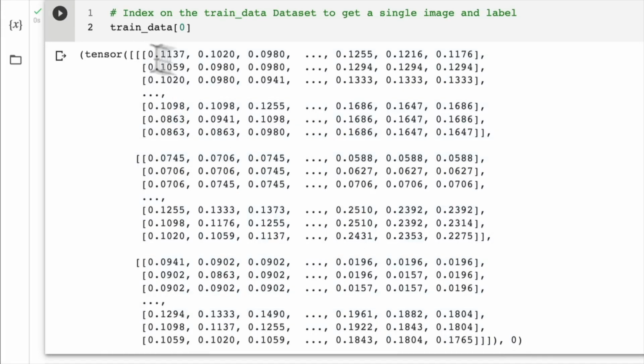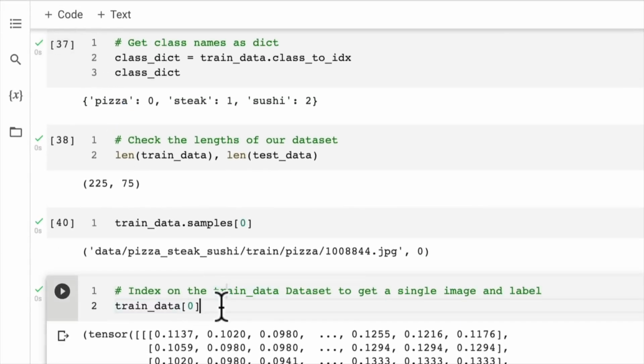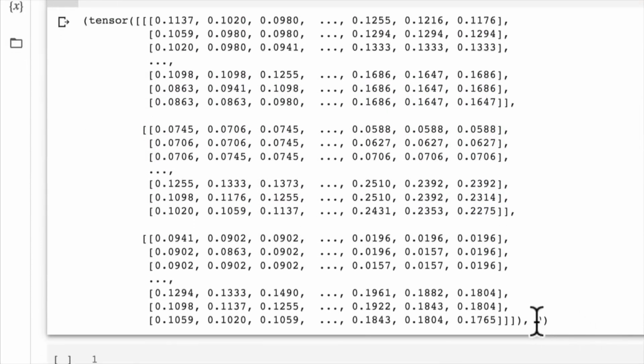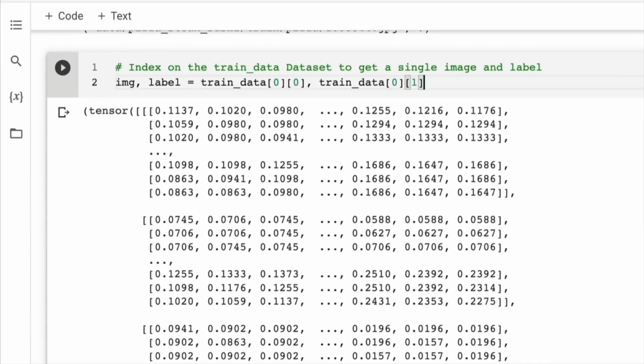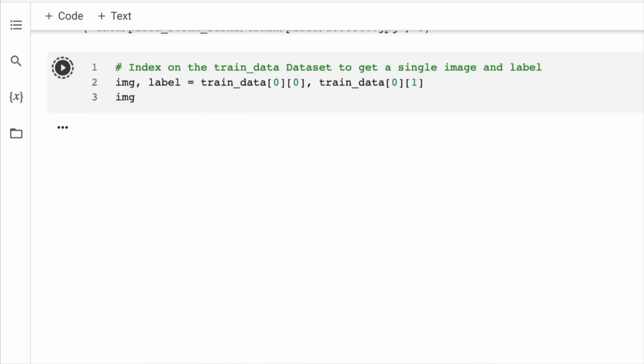In this case, it's an image of pizza, because its associated label is pizza. So let's take the zeroth index. This is going to be our image, and the label is going to be train_data[0], and we're just going to get the first index item there. And then if we have a look at them separately, image and label,